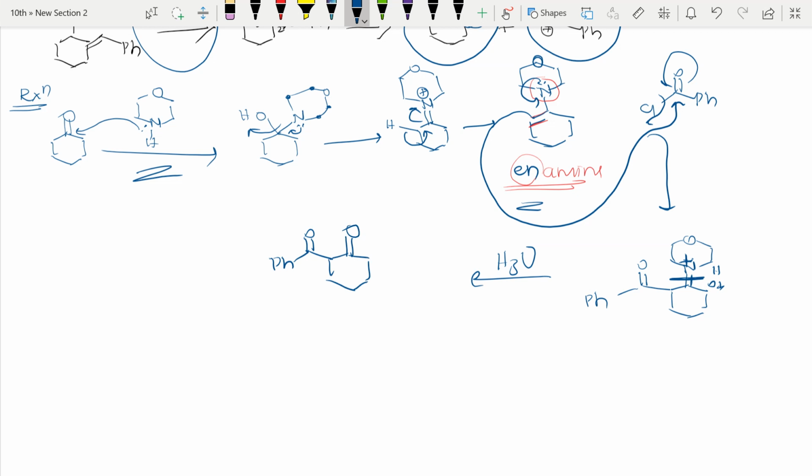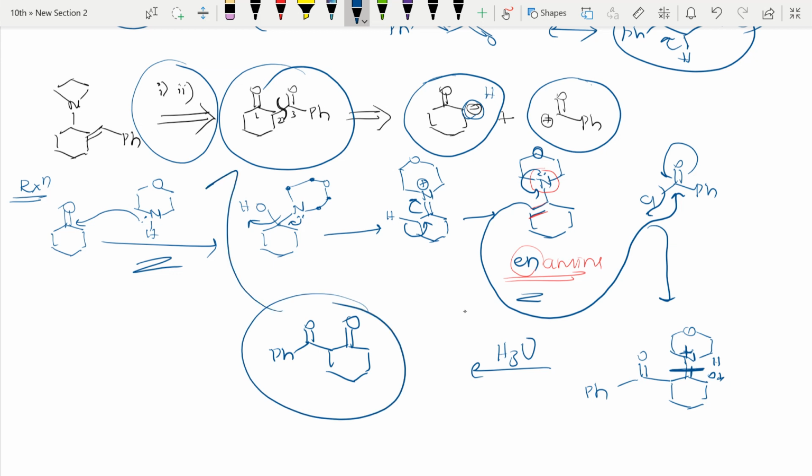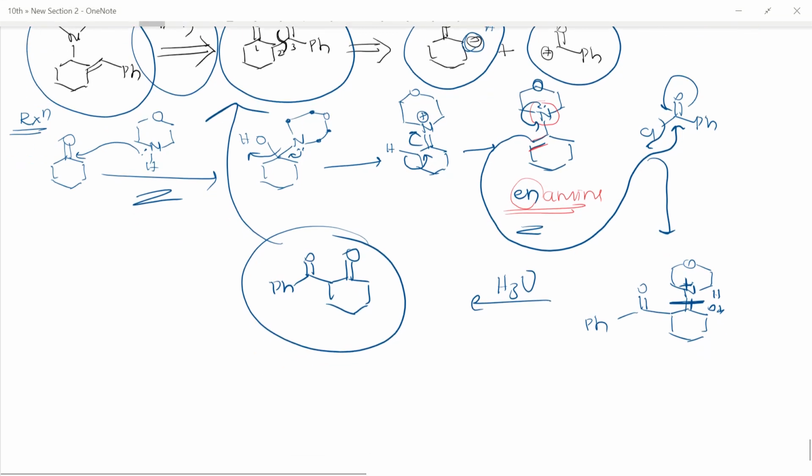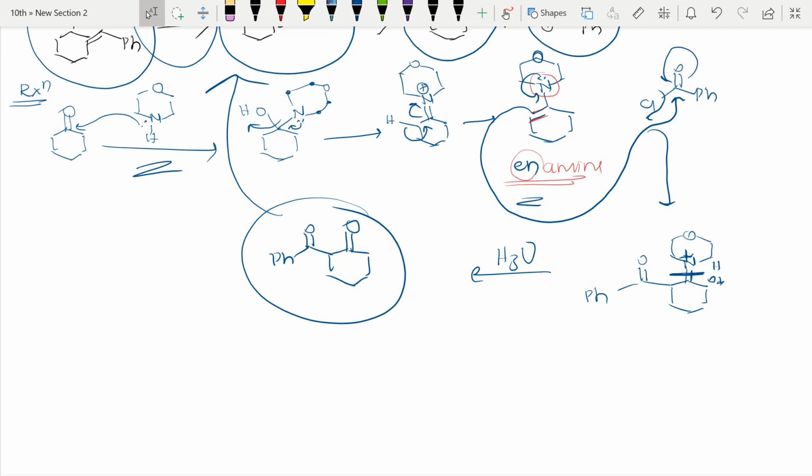This thing we will get. I hope you see, this thing we got. This and this are both the same. Further, two steps are there to get this one. I need to get this one, right? So what will we do to get that? It's interesting. I hope till now you got it, right? Yes, everything I have done correctly.